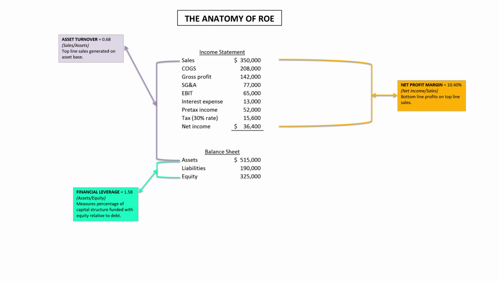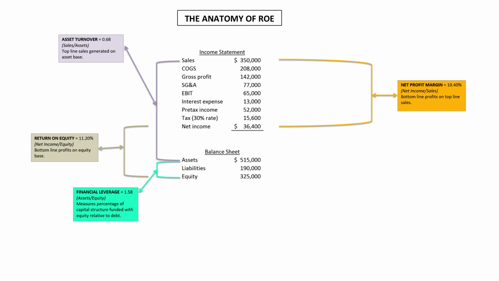On the flip side, if you see you have a high degree of financial leverage, a lot of assets, but you don't have a lot of equity, well, a high degree of financial leverage has pros and cons as well. If you don't have a lot of equity, then how did you raise your capital? Through borrowing. And through borrowing, that increases our risk of financial distress. That's the bad news. But the good news is with all that debt and a lot less equity, while we're assuming more risk, there'd be a much higher return on equity since we don't have a lot of partners to divide that profit with.